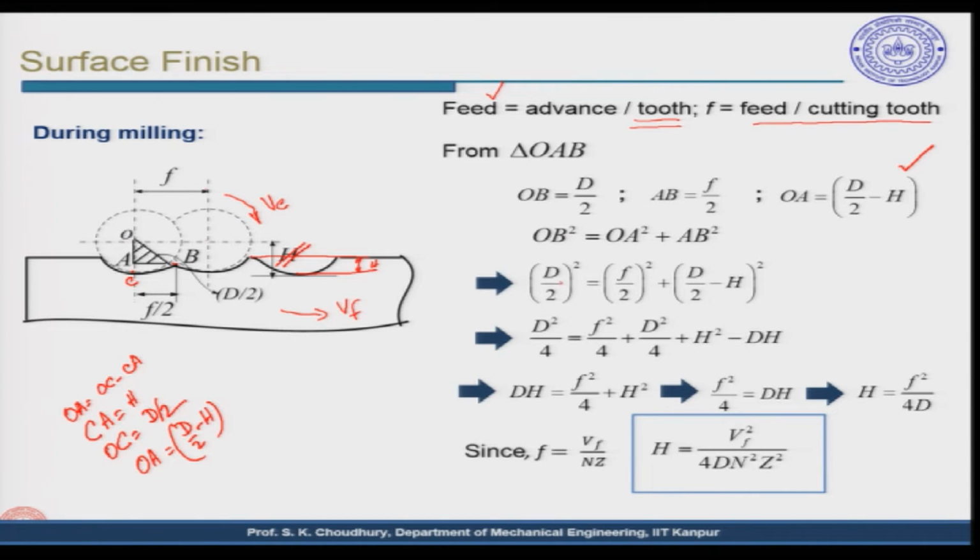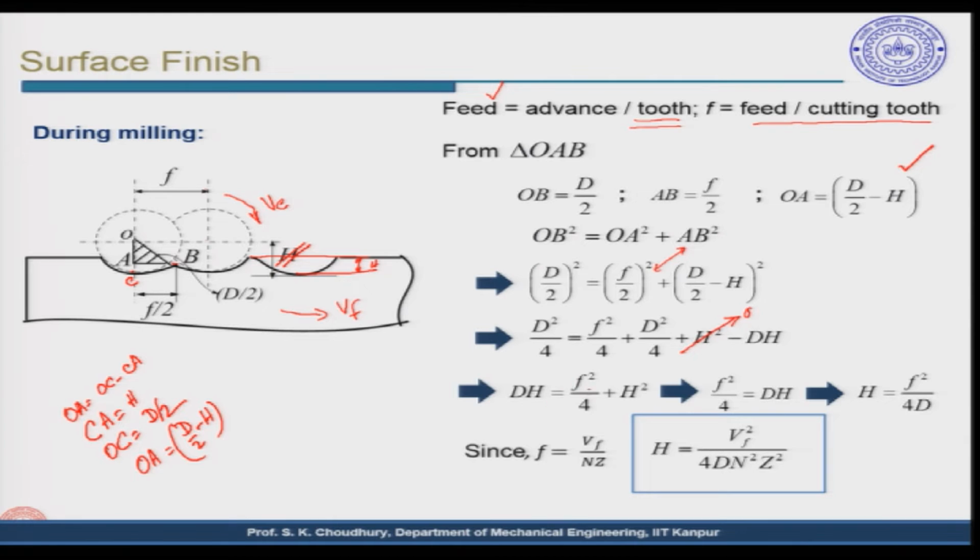OB is d by 2, OA is d by 2 minus H, and AB is f by 2. So, if you solve this equation, obviously, you ignore H squared because H is very small, and by ignoring that,